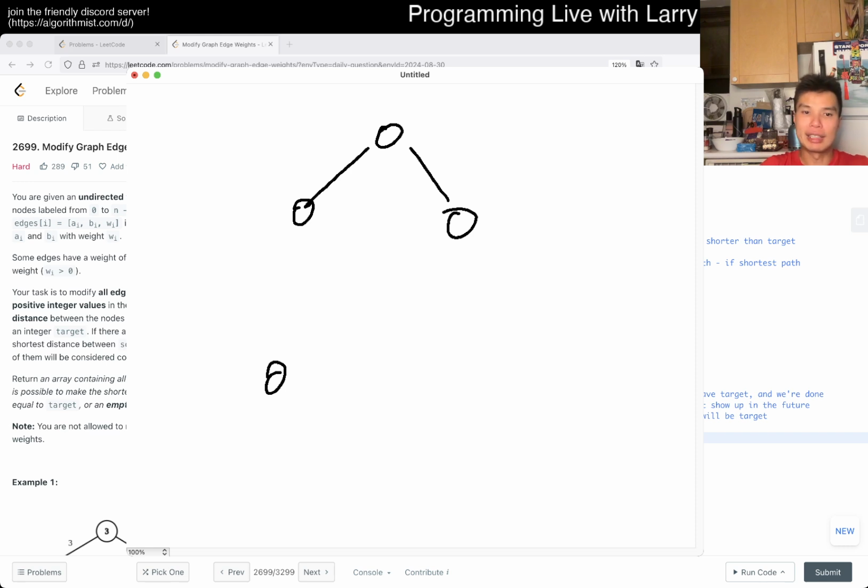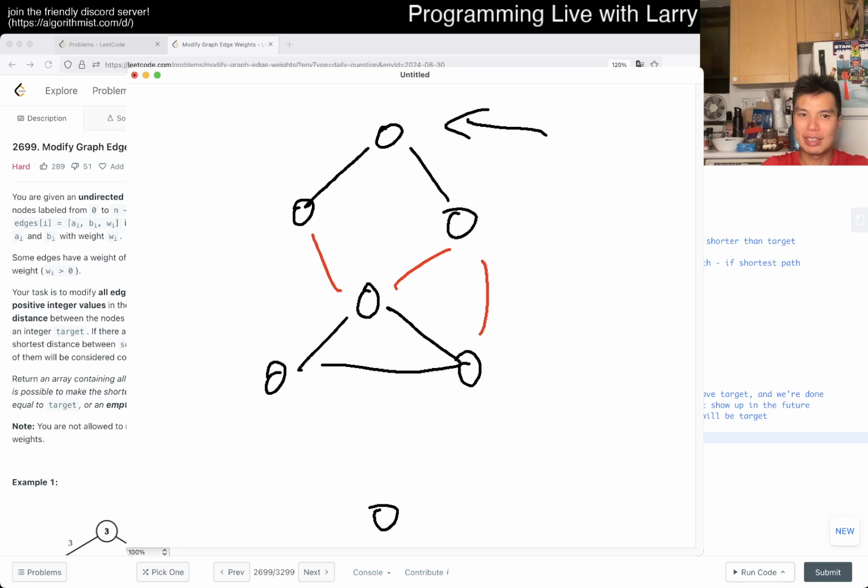So my idea is that, okay, let's say you have different components, right? So here you're trying to get from this one to some node on the bottom, and you have some edges or something like that. And here you have some maybe what I call fake edges, the -1 edges, right? So you have all these edges. And if you want to minimize the number of red edges, do I want to minimize the number of red edges? I don't know. But maybe that doesn't make sense because